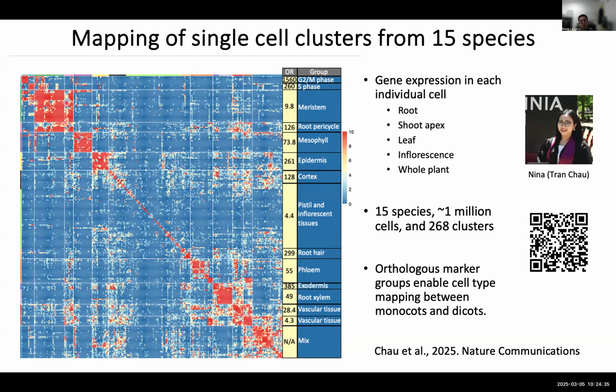Not all the cells in this cluster are meristem, but if you do a statistical test again, you'll see a significant enrichment. Out of 15 clusters we get, only one has a mixed identity. Others, we can assign this identity very clearly based on enriched cell type, like root hair, phloem, and inflorescence tissues. So again, you can go to the GitHub page to see how we did this, and the code is all there, and the link to the website is also over there.